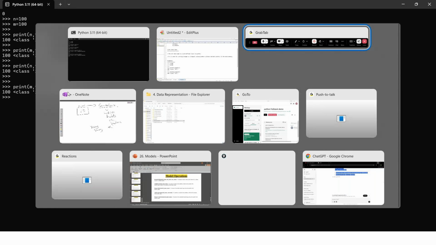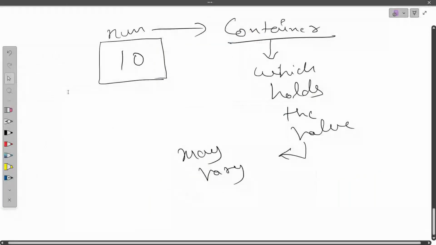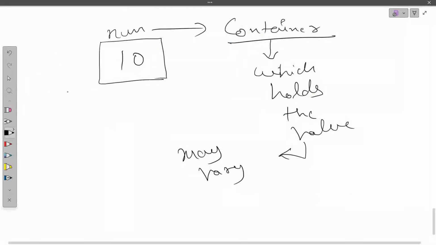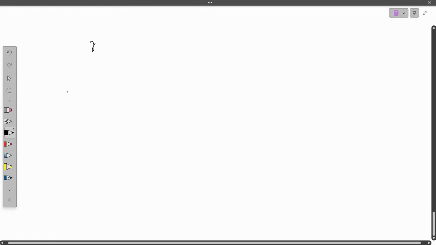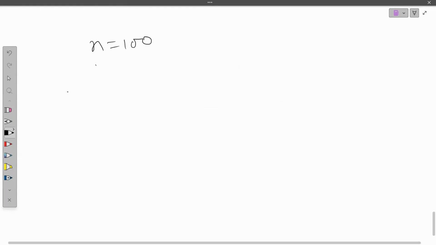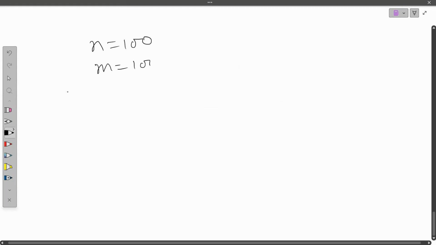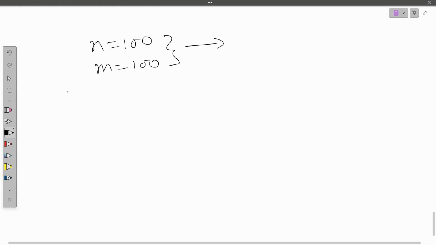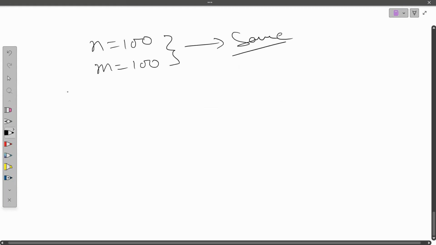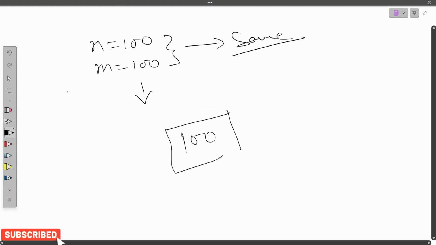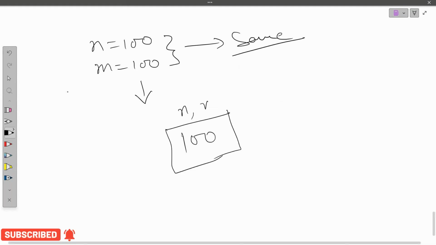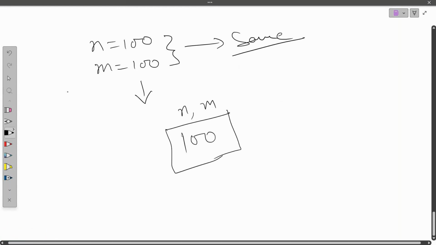See, this is how it creates the data, right? When we have the same value, even though let's say you are writing n is equals to 100 and m is equals to 100, that means PVM knows that both values are same. So what it will do, it will just take the same data at once and create a memory space, and the data is common for n and m as well, right?